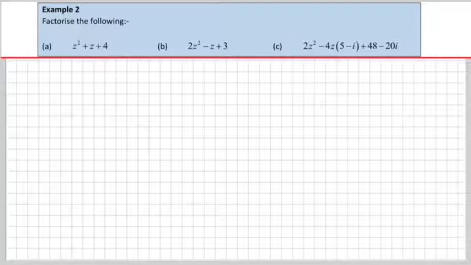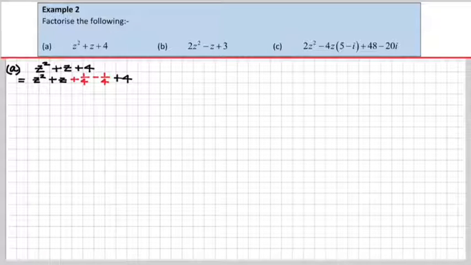Okay, we've got some more to factorise now. Let's have a look at those. Let's do A. We better factorise that using a completing of the square technique. Now we've got z squared plus z. Now completing the square, we get plus a quarter and then minus a quarter, and then we had the 4